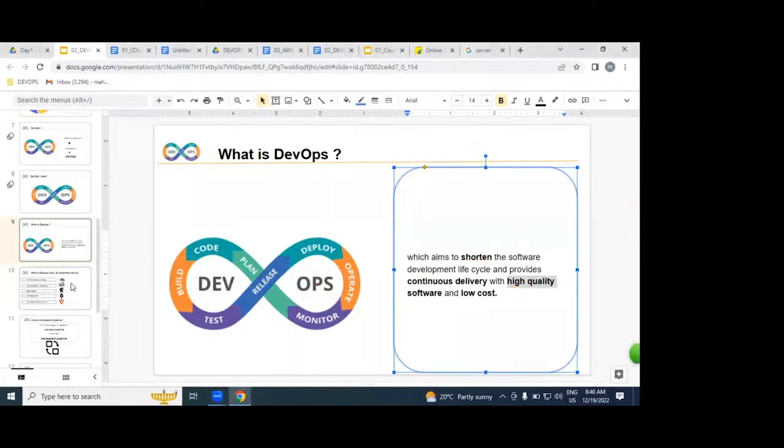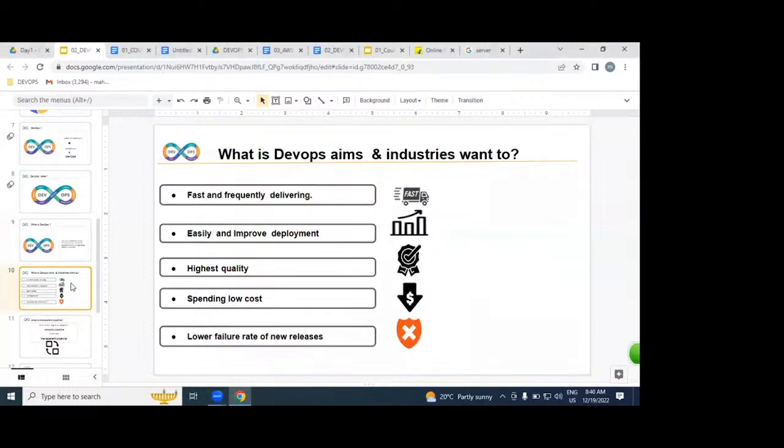If we replace our SDLC process with the DevOps process, what are all the advantages exactly? What exactly does DevOps aim for? We can deliver very fast.